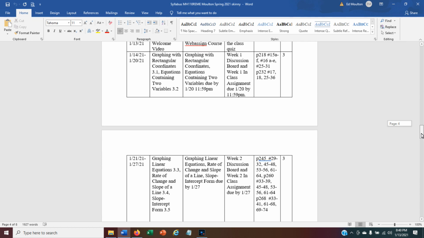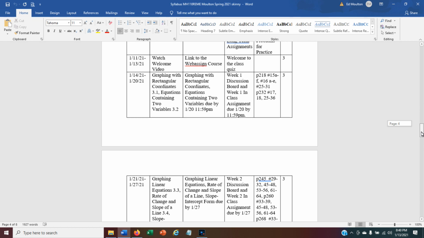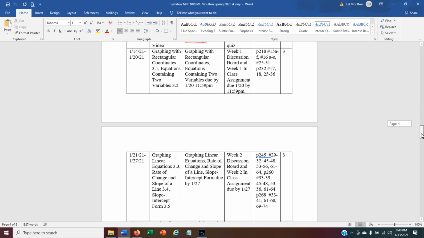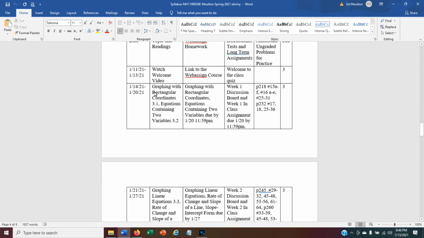So the schedule at the bottom walks you through when everything is due. Every time that we have lessons that we learn, they're listed in the first column. The WebAssign assignments are listed in the second column. In the third column are the discussion board and Canvas assignments that are due. And then in the fourth column is